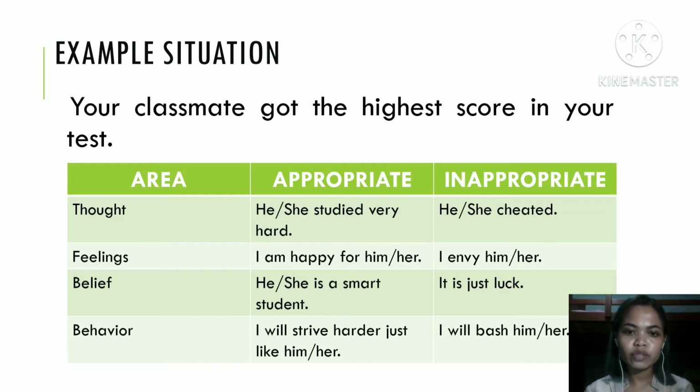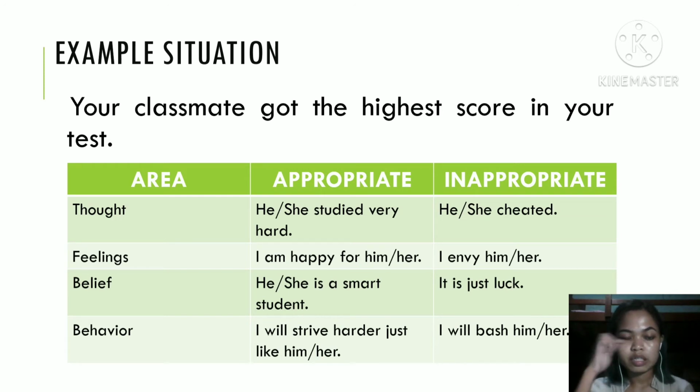Okay, so for appropriate behavior, sa area of thought, he or she studied very hard. So, naiisip mo, nag-aral siyang mabuti. Kaya niya nakuha yung mataas sa score kasi nag-aral siya. Inappropriate behavior, o hindi angkop yung kaugalian na, he or she cheated. So, hindi tamang isipin mo na, kaya mataas yung score niya kasi nangopya yan. Kaya mataas yung score niya kasi nandaya siya. So, yun yung inappropriate